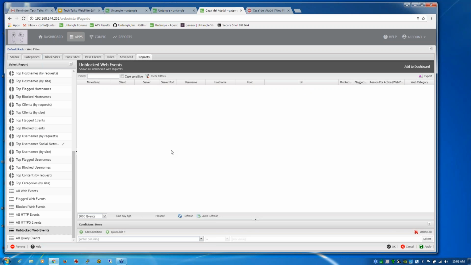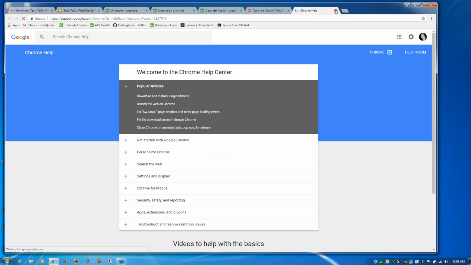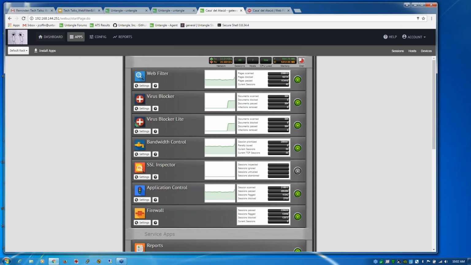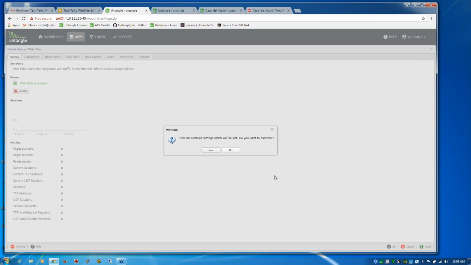There's one question that just popped up about this unblock, asking, does global unblock apply to all racks? Global unblock applies only to the specific web filter. So in this case, let me go back here. So in this example,